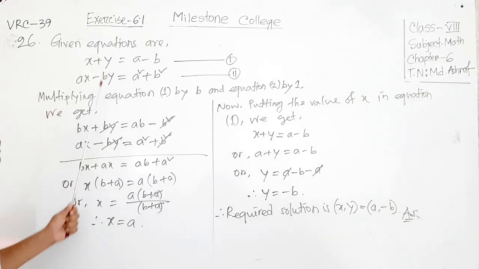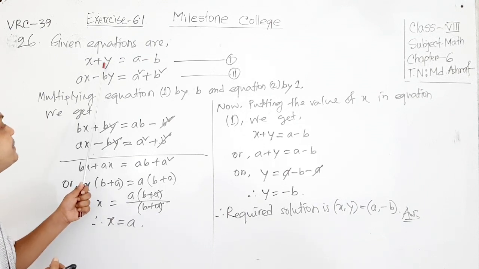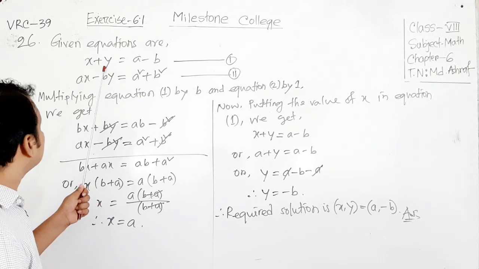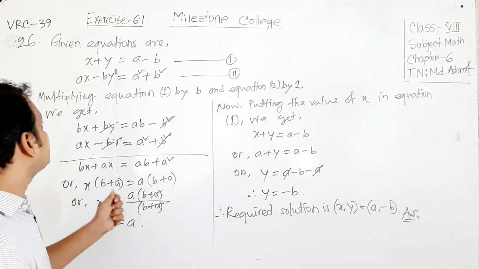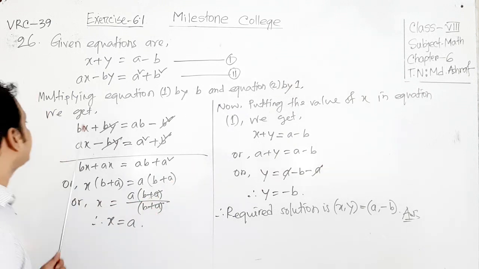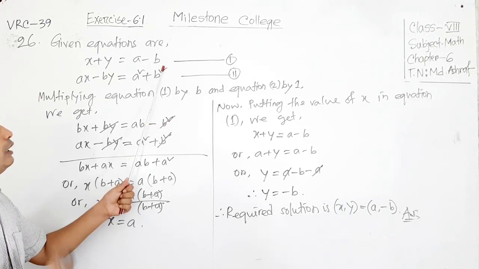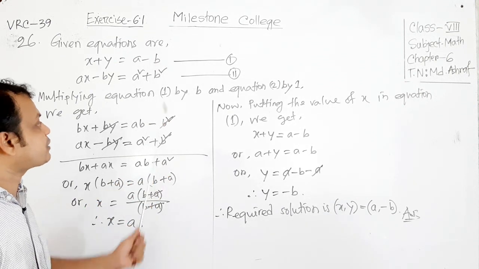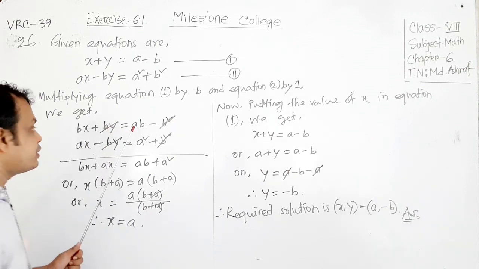So here is minus by. I need the coefficient of y here as b. To get this, we need to multiply equation 1 by b, and equation 2 by 1, so it will remain the same. Okay, then how do we get? bx plus by equals ab minus b times b. We are multiplying equation 1 by b, so it's b square, and the other remains the same, ax minus by equals a square plus b square. By adding, the y related terms will be eliminated. That means the elimination is completed.